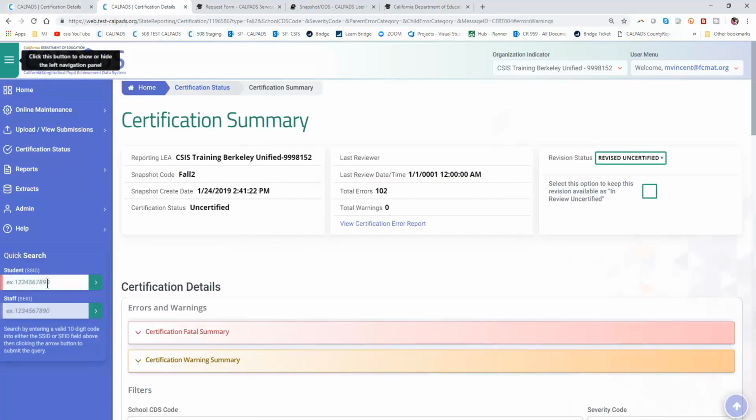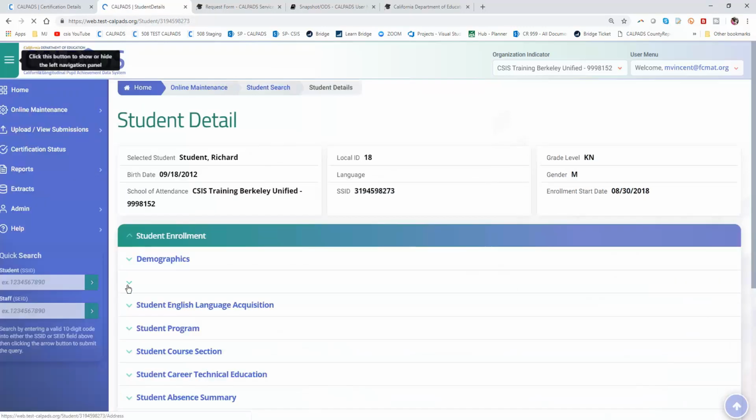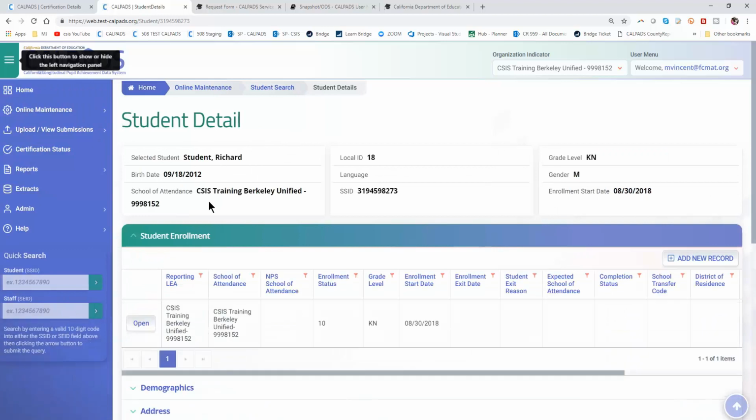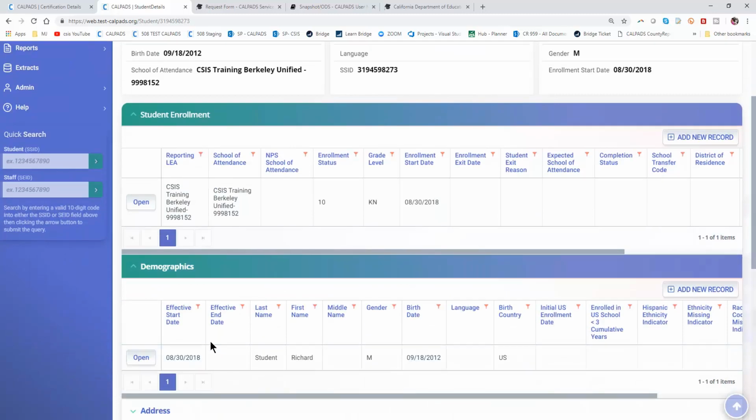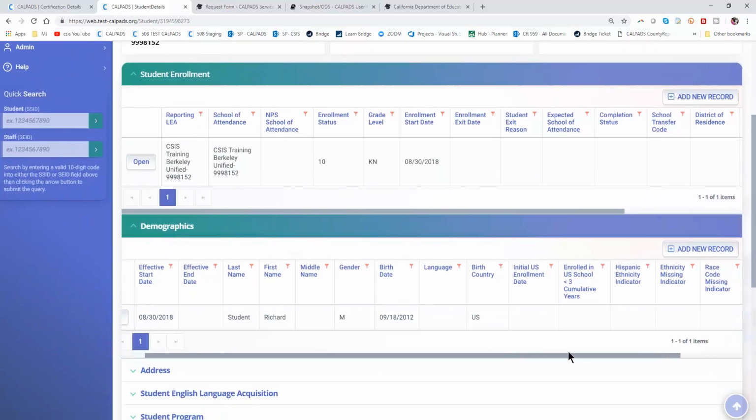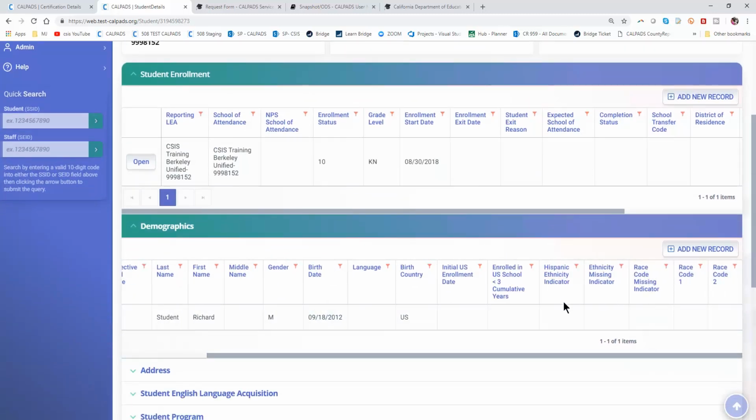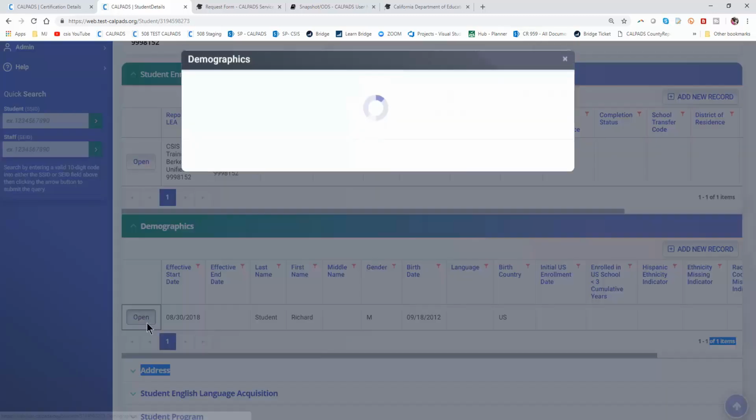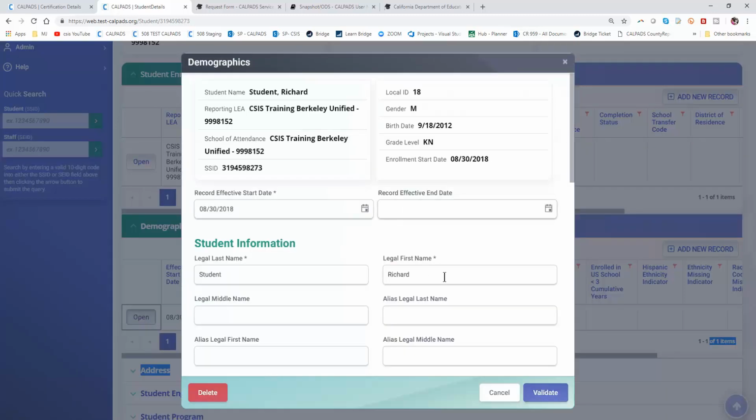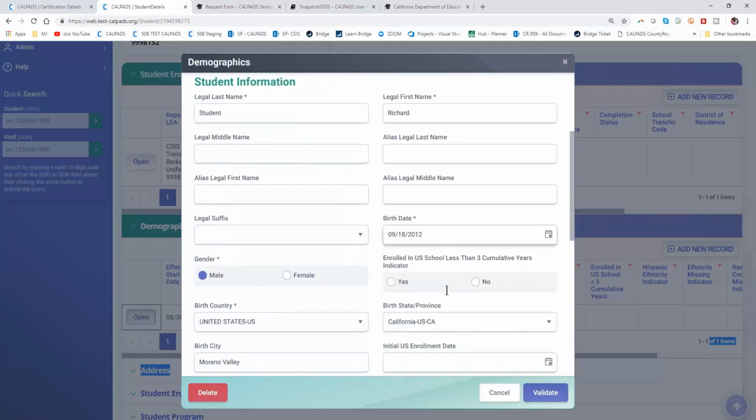And in the left navigation, I'm going to copy and paste the SSID of the student that was triggering our Cert 004. So here we have Richard Student, and going to the SINF or student's demographic information, I can see here that the Hispanic ethnicity indicator and race information is missing from the student's record. So the way that we would resolve the error is to open this modal and demographics and to add that information. So I'll scroll down here